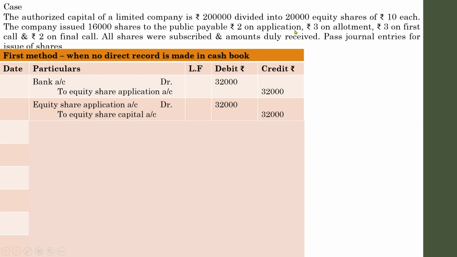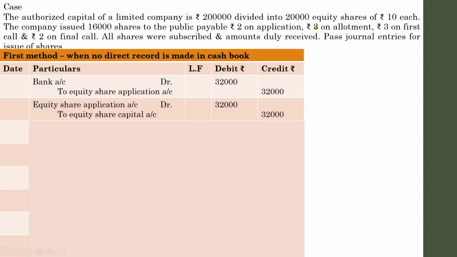Next one, to those shareholders who have subscribed, you are providing the shares in the form of allotment. So next one, allotment of rupees 3. From allotment onwards, you have to pass the due entry first. After that, the payment entry is recorded, because in the first case the shareholders subscribe first, then only it will be transferred to the concerned share capital. But after they have been allotted the shares, the company intimates them to pay. So the due entry will be written first. Once the intimation is made, the subscribed shareholders will pay. That is why due entry first, after that payment entry, for the rest of the cases.